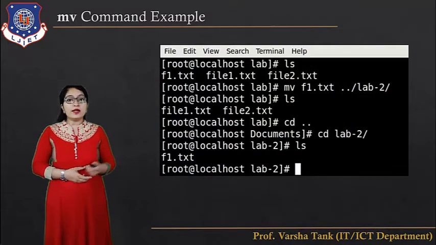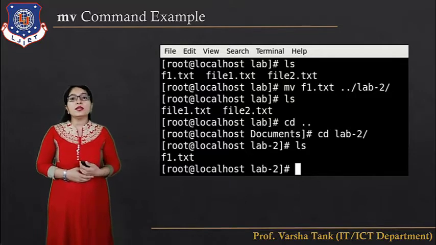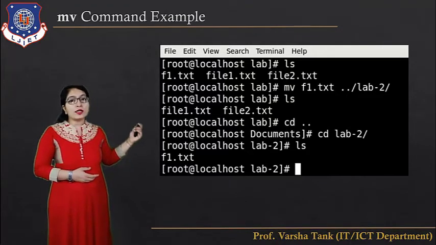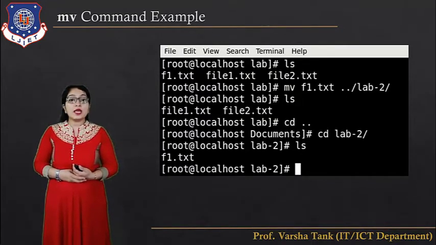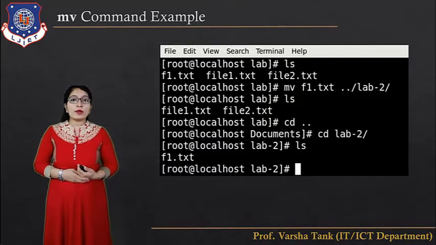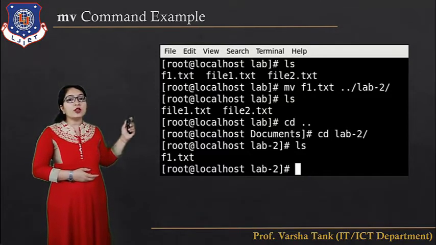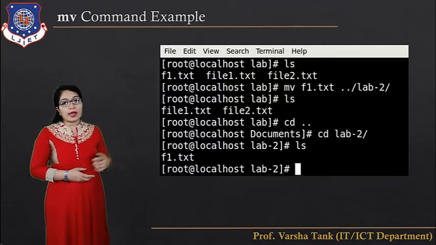Okay, so for the mv command, here first describe ls. So ls means it will display all the files available in the lab directory: f1.txt, file1.txt, file2.txt. Now suppose I want to move f1.txt to lab2. So what you have to write is mv f1.txt /lab2, that means it will move to lab2.